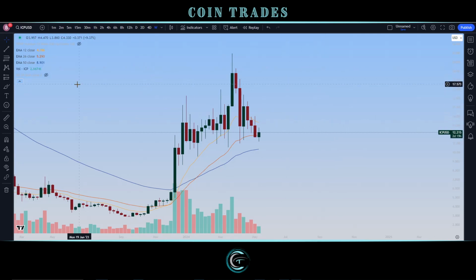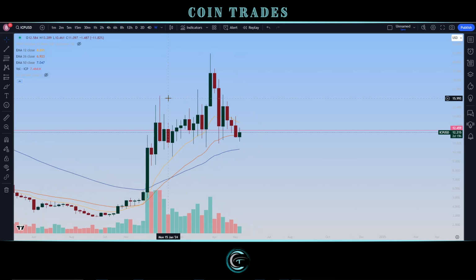But one of the things to note that did happen recently was just this overall bearish break in the otherwise strong closing level of support that we had for the weekly. So unfortunately it did break below this level, and what was significant about that is that on this whole run